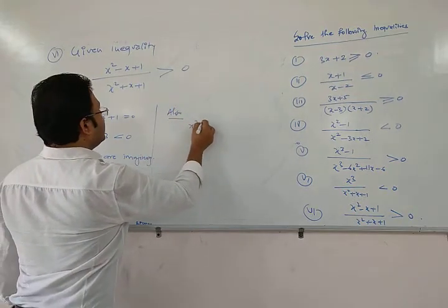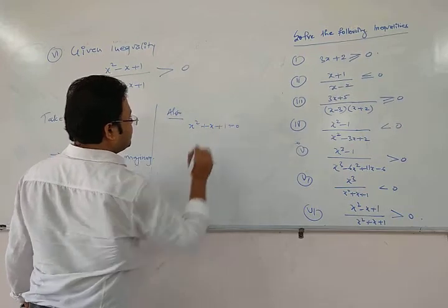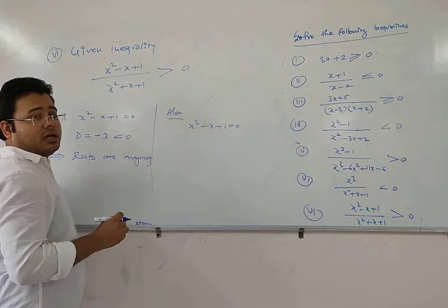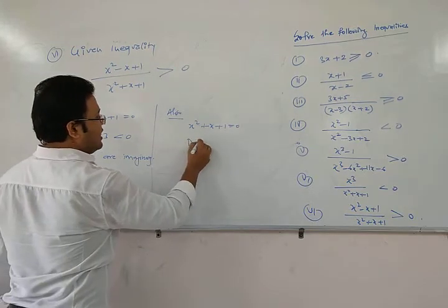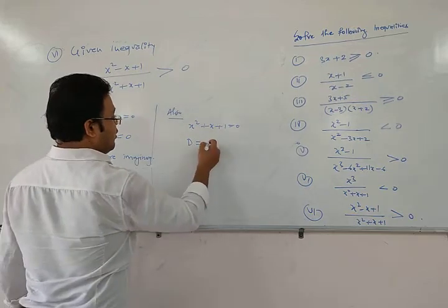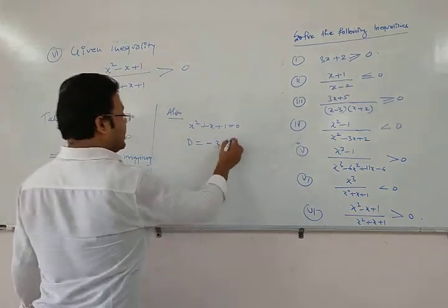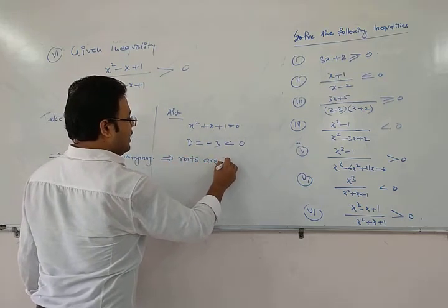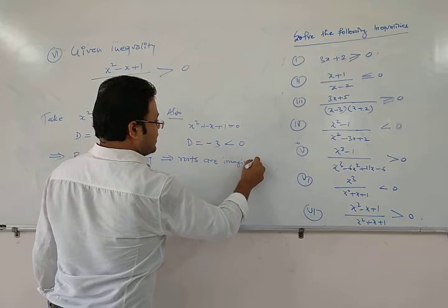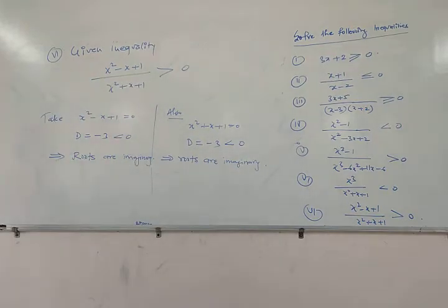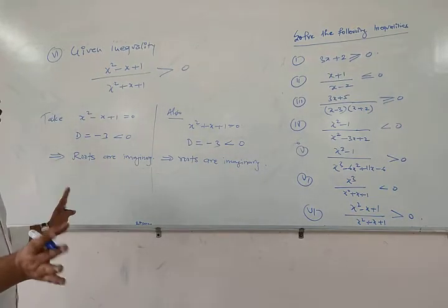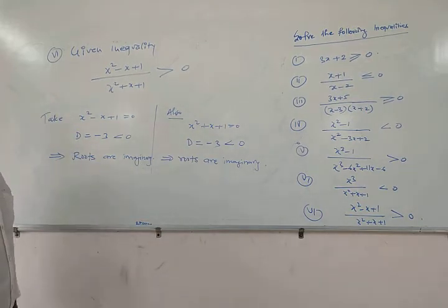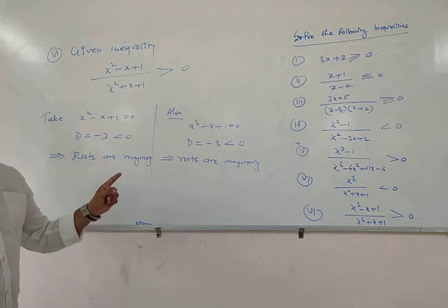Also, if we take x square plus x plus 1 is equal to 0, likewise here we can't factorize this quadratic expression, so we have to write the discriminant, and here the value of discriminant is also minus 3, which is negative. So this implies roots are imaginary. So hello students, you can see here there is no real root. Means we will get a single interval.